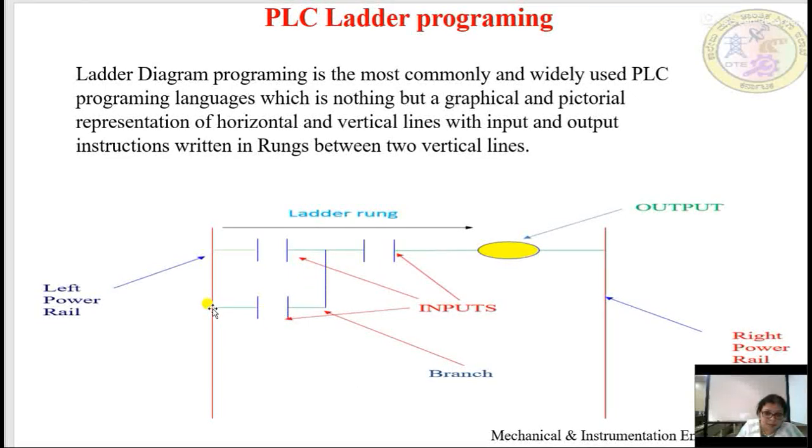If it runs from the left end to the right end, in order to activate, this connection shows that it is connected to a closed path loop for the circuit. So any rung runs from left to right as shown here in the diagram. The rung is running from the extreme left end to the extreme right end.